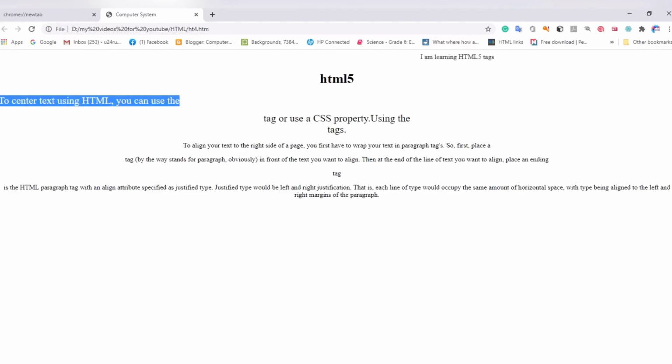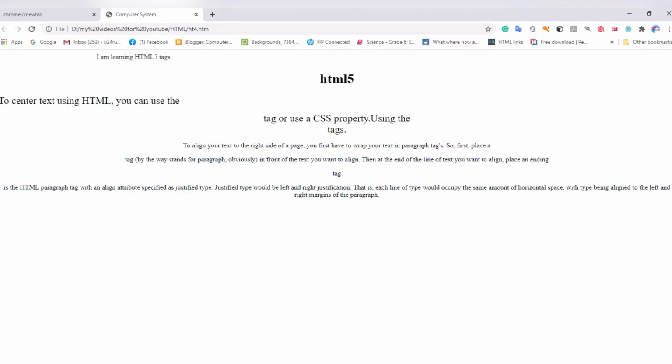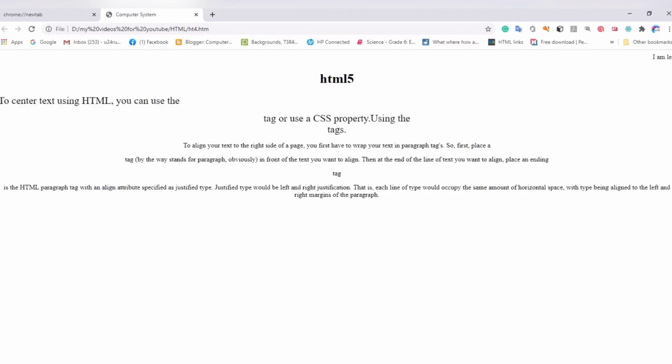The size has increased from the usual one. You can see other font sizes, I didn't change their font size, and you can see the difference. So this is how we can use font size for changing the size of the text.